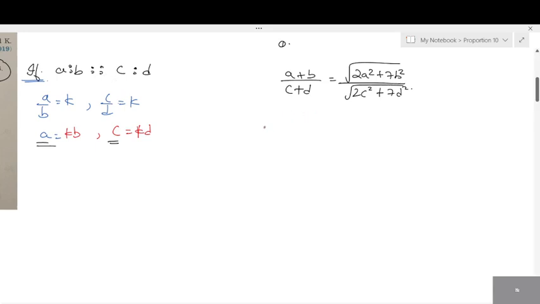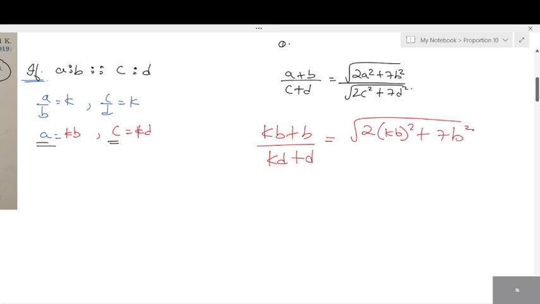A plus B, KB plus B, divided by KD, square root of A square, whole square plus 7B square, divided by square root of